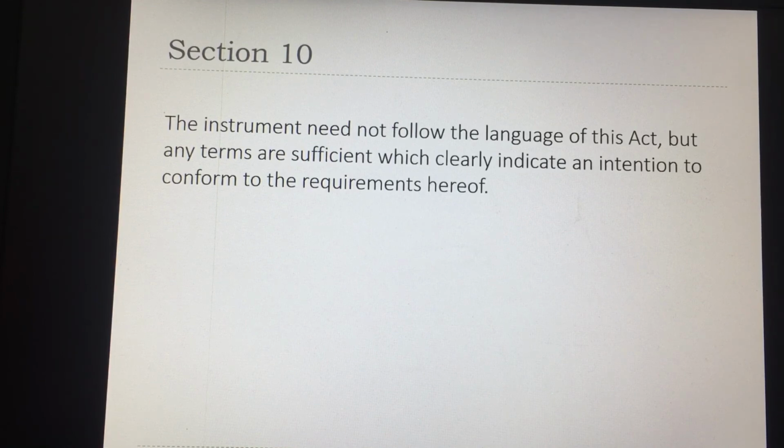Section 10. This section is very important. The instrument need not follow the language of this act, but any terms are sufficient which clearly indicate an intention to conform to the requirements hereof. Meaning, how will I say this? There is no template, like